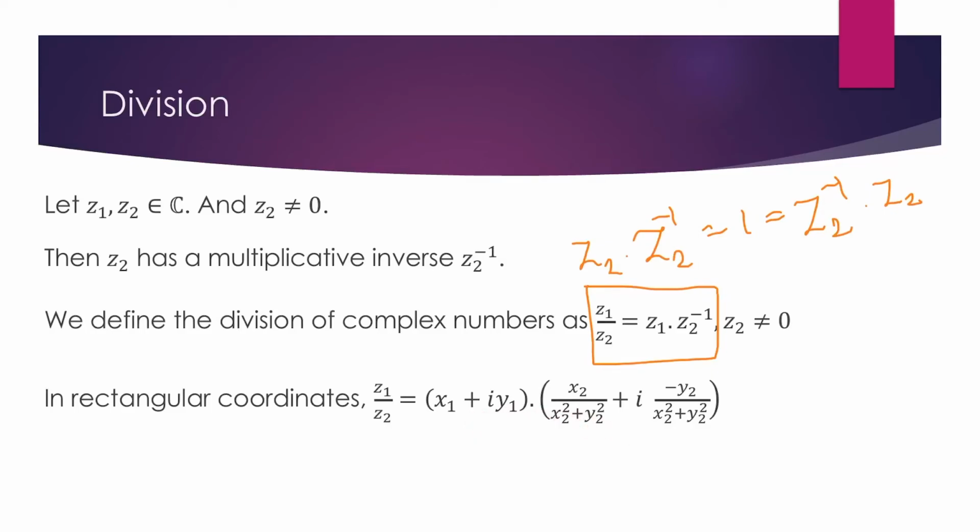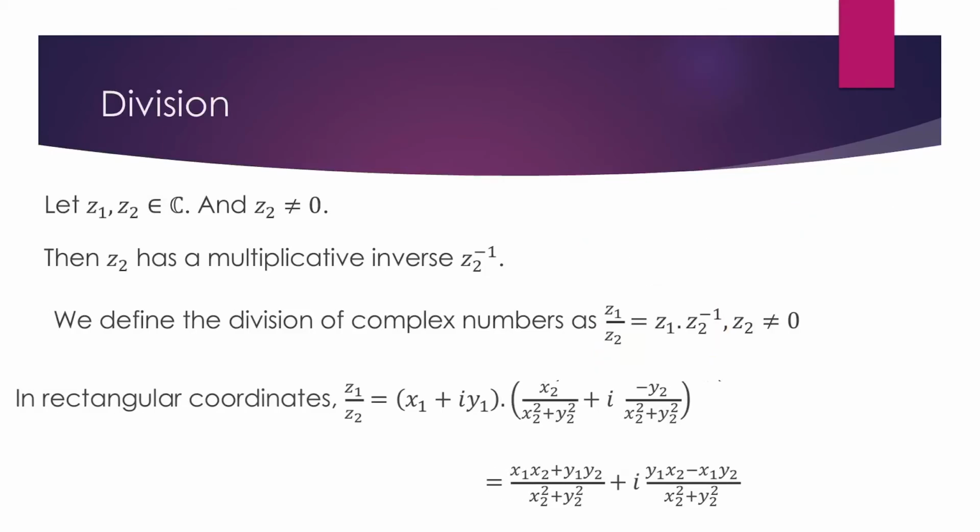So we know how to multiply two complex numbers, so that we will get z1 divided by z2 is equal to (x1 x2 plus y1 y2) divided by (x2 square plus y2 square). This is the real part of z1 by z2, plus i times (y1 x2 minus x1 y2) divided by (x2 square plus y2 square). So this is the imaginary part of z1 by z2. No need to learn this formula by heart, because to find the division of two complex numbers, we have another easy method.